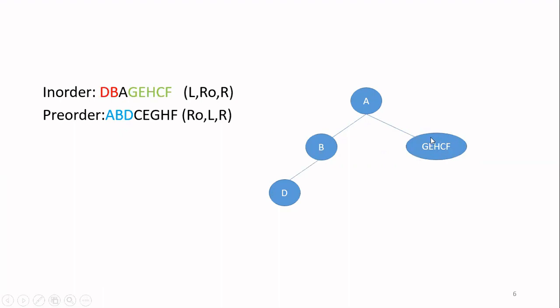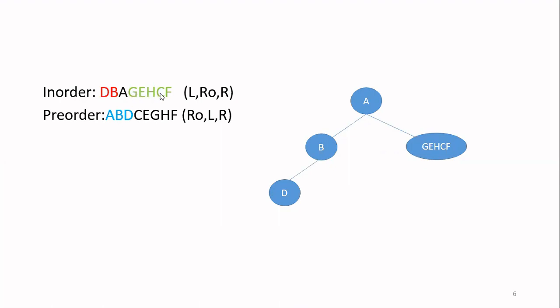So next step is you have to find out of the remaining 4 nodes, which will form the left subtree and which will form the right subtree. So for that, go to the in order. So I'm going to the in order now. I have to see with respect to the root node of the newly identified subtree. For this subtree, I have identified that C is the root node. So I have to see in the in order traversal with respect to the root node C.